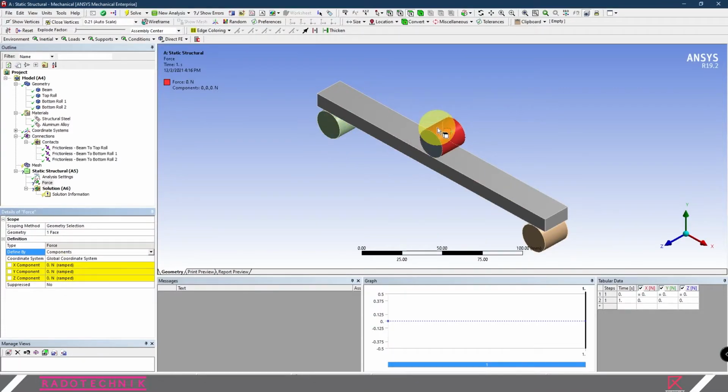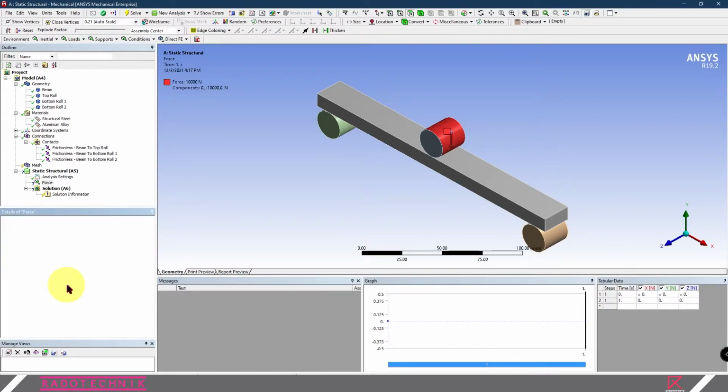We want this roller to create a 10,000 Newton force in the negative Y direction, directly pressing the beam. So you just need to insert Y component minus 10,000 Newton.